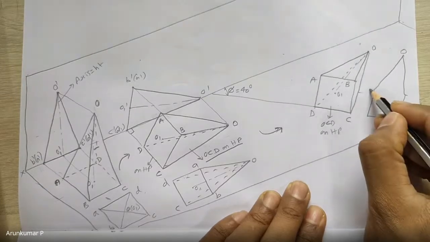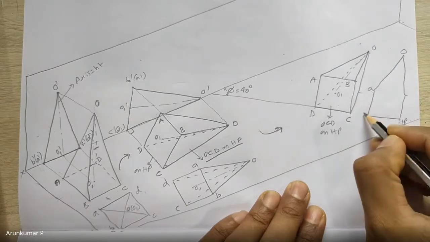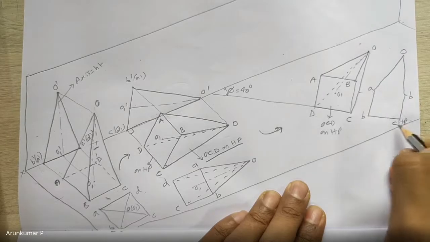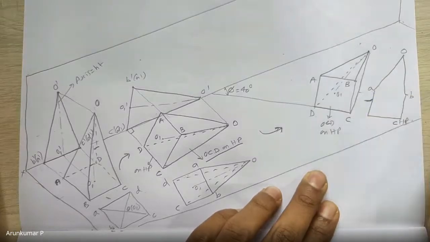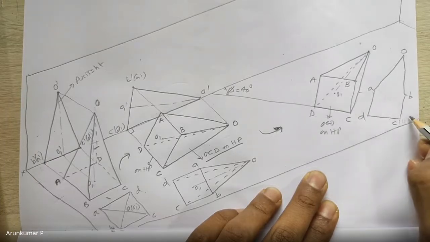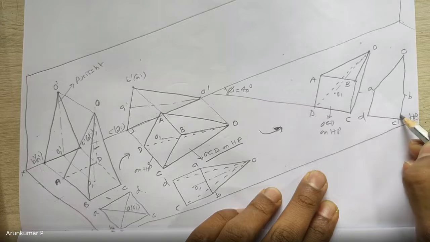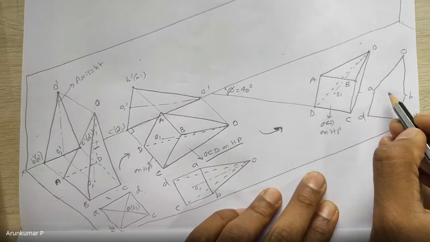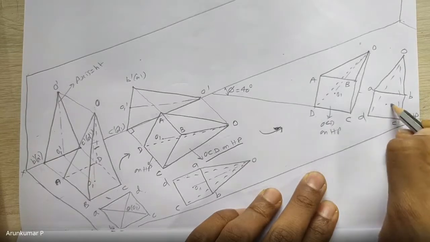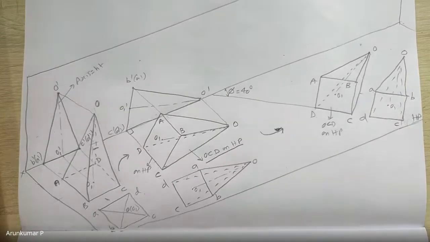O, and you have A, D, sorry, B, C, and this would be D. And this is HP. Draw it to the side. And so whatever you had here, same thing would be there at an angle. That's it. Okay. Now,